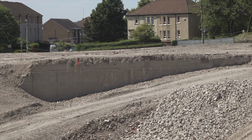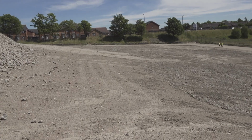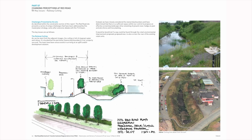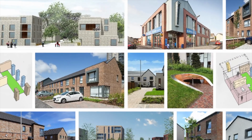Those connections to the surrounding areas allow us to bring in green routes, the wider green network, and create a green heart to the master plan, which we can use as a setting for creating new homes in a significantly different environment from